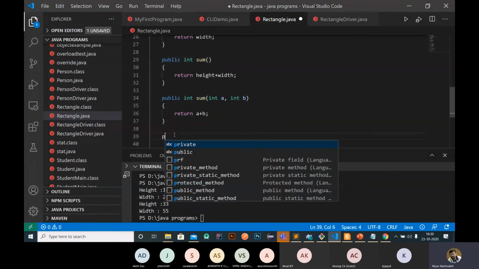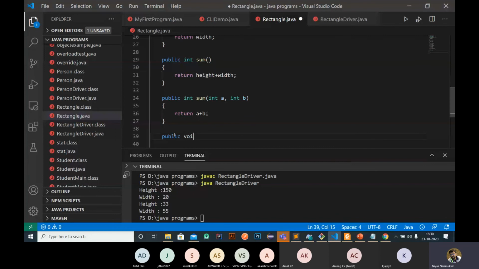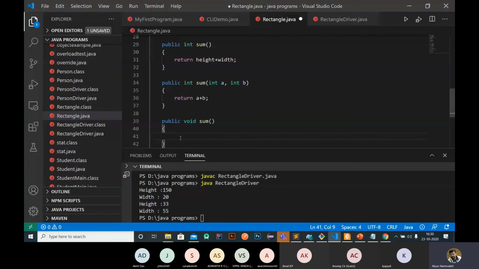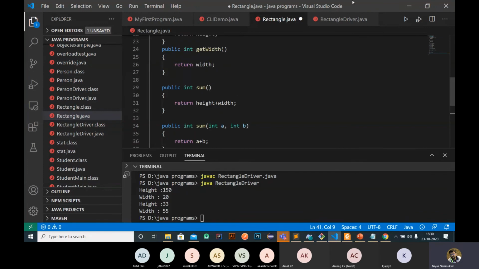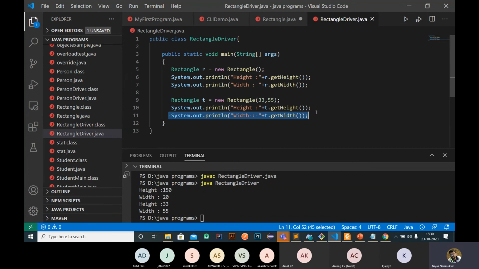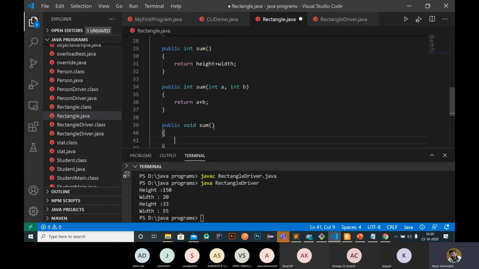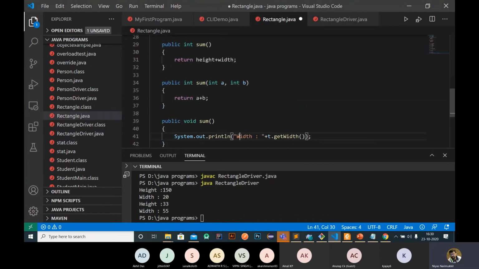Or you can create another method like this also, public void sum. Here the return type is different. Public void sum means it will not return anything, right? So I need to print some statement here. For example, just print "sum is", just printing some values like 99.